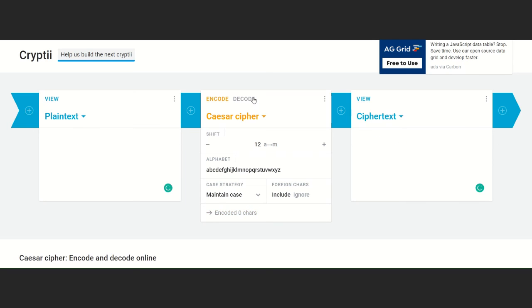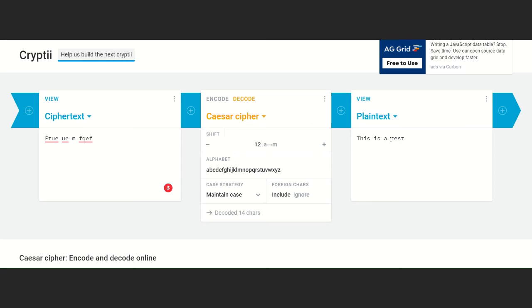To decode it, I click on the decode option, and this time it starts with the ciphertext, then the shift, then the plain text. So I'm going to copy the previous ciphertext I got and put it in. Sometimes people will not know what shift you used, so what they can do is go through all the shifts and see what makes sense.